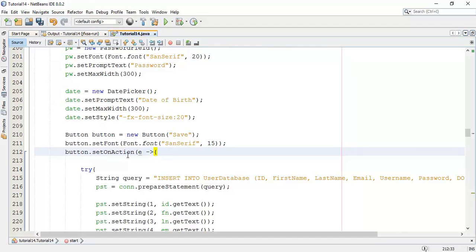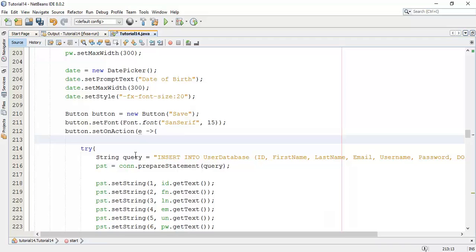I'm going to add now the validation for this save. To do that I'm going to add one more if with validate fields.